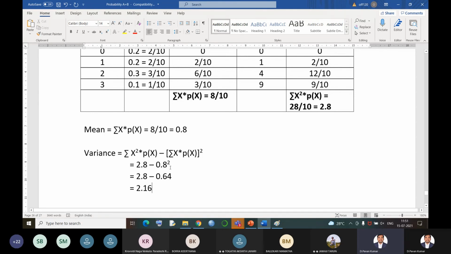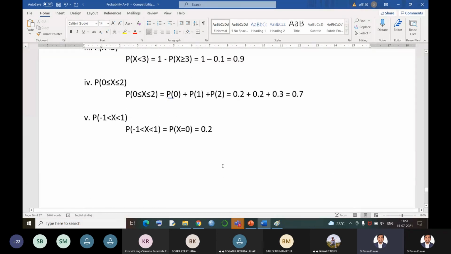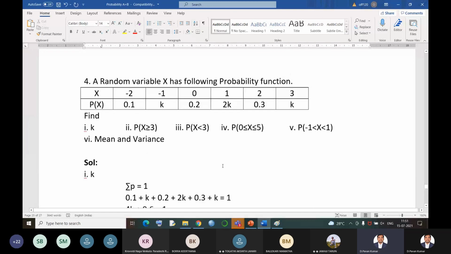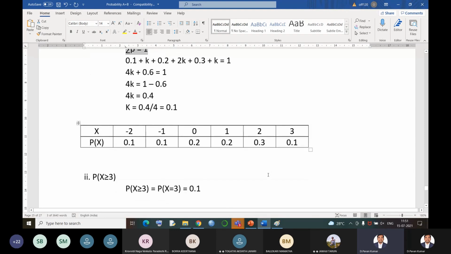That is how we try to solve the problem, and never ever try to get confused when variables are given in the question. So to find out the variables, first see the condition, whether it is given as a probability function or not. If they themselves are saying a probability function, that means total probability is equal to 1. Then we can continue with the problem by substituting in the equations.